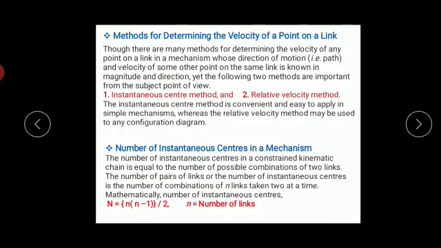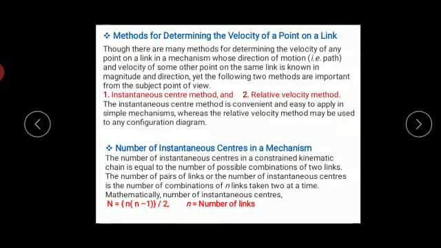Next, the instantaneous center is a center about which the link has pure rotational motion. Thus, when the body has straight line motion, for example a piston, or a slider on a horizontal surface, then its radius of curvature is at infinity, and hence the instantaneous center lies at infinity. If I take the slider as an example and take any particular point, and the velocity is directed, then the projection with respect to that velocity will always be perpendicular, and this is going to head towards infinity.